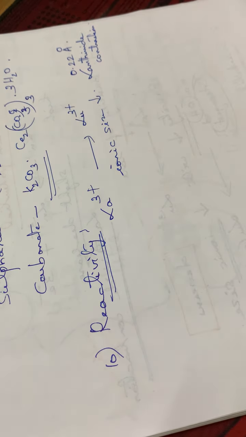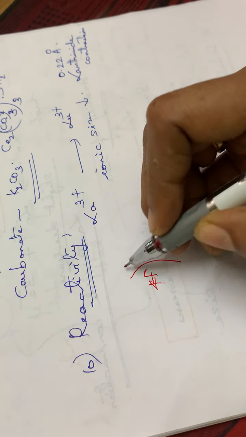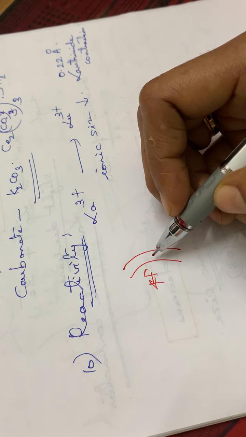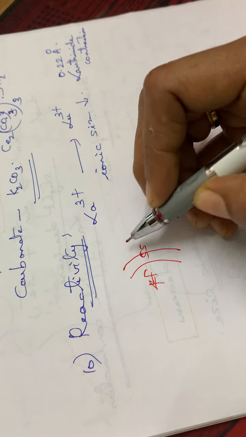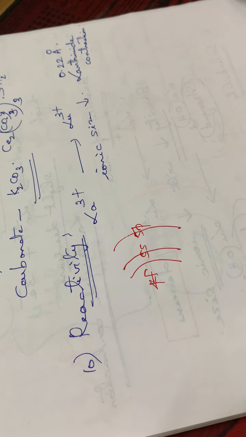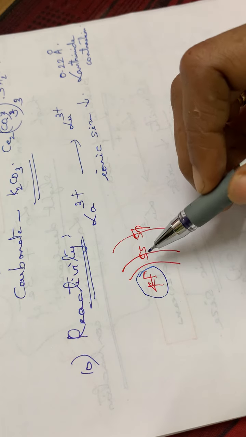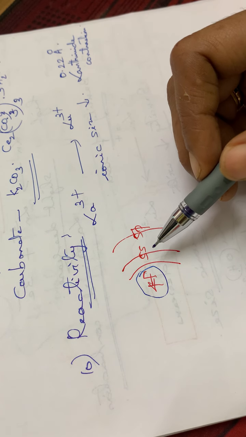And also normally in the case of these elements, the 4f electrons are well shielded with the help of the 5s, 5p and 6s electrons, isn't it? The 5s and 5p electrons surround the 4f orbital, and these 4f electrons are well shielded from the approaching elements or the approaching ligands.